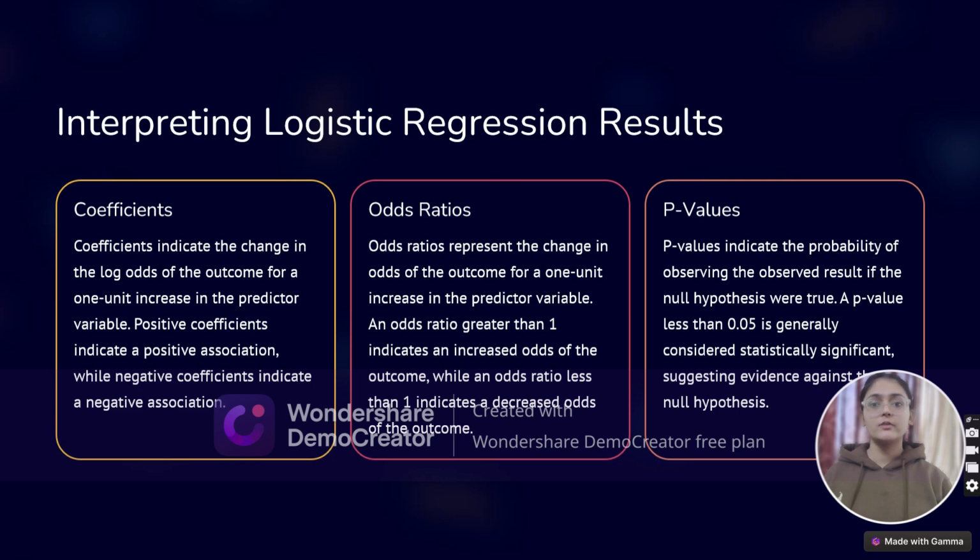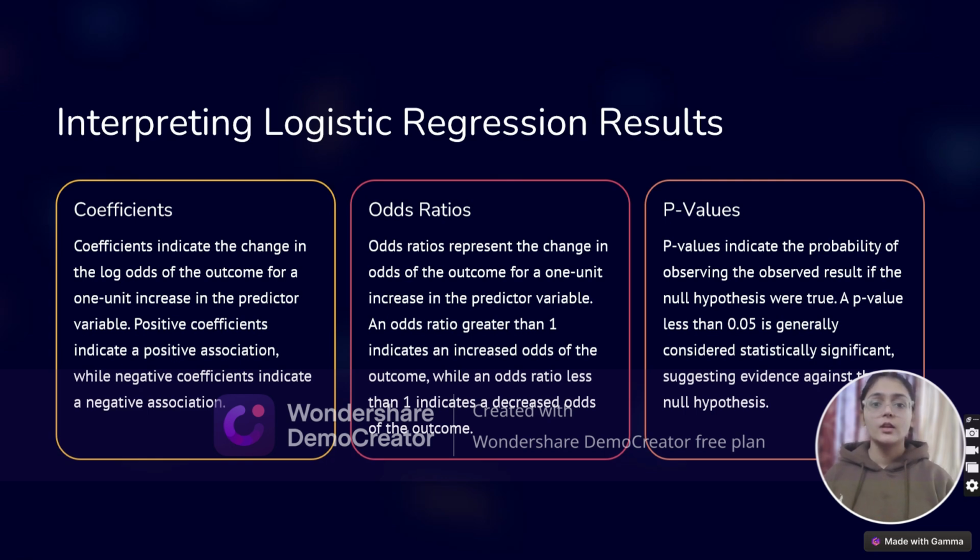Interpreting logistic regression results. Coefficients. Coefficients indicate the change in the log odds of the outcome for a 1 unit increase in the predictor variable. Positive coefficients indicate a positive association, while negative coefficients indicate a negative association. Odds